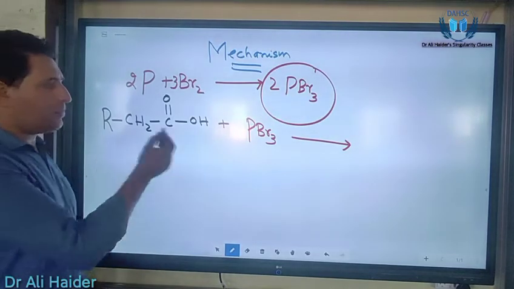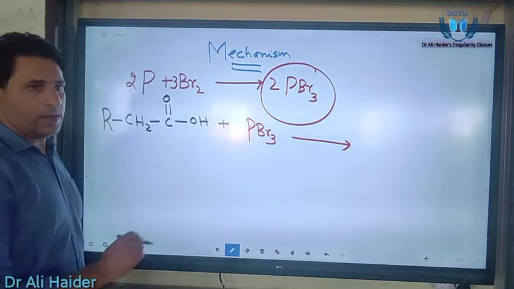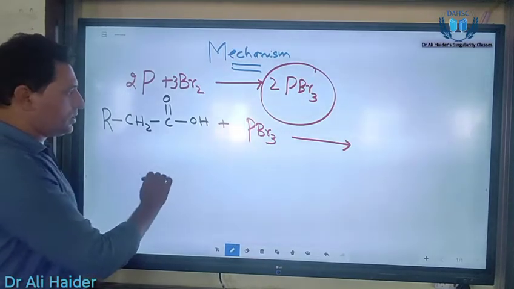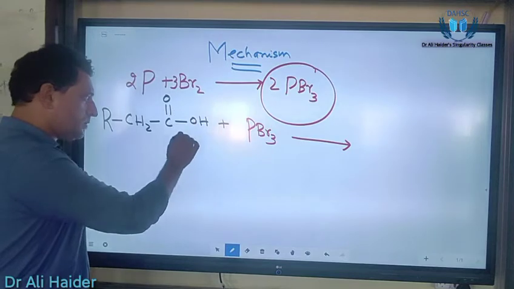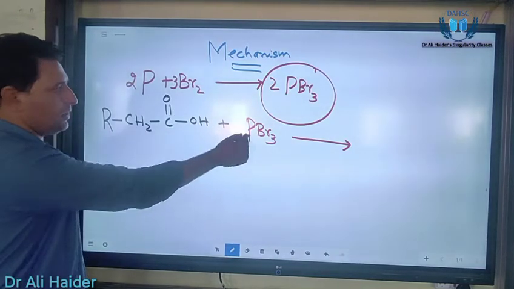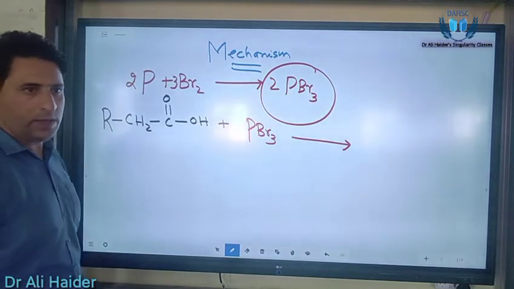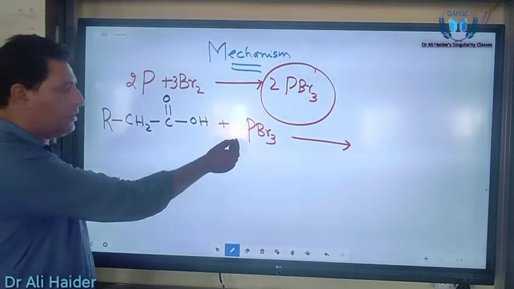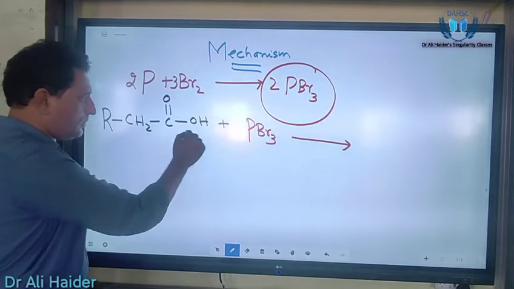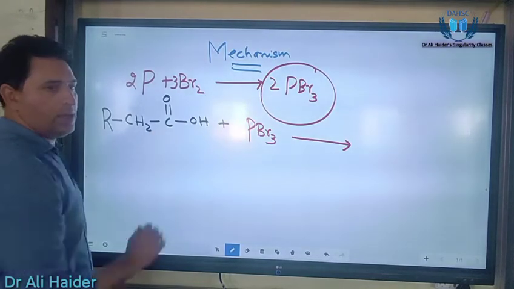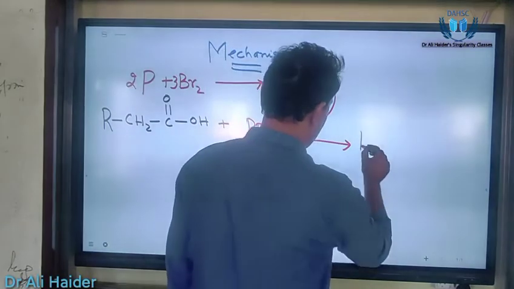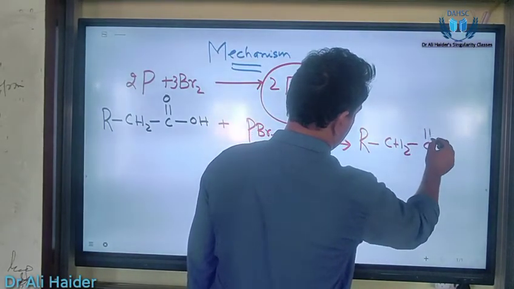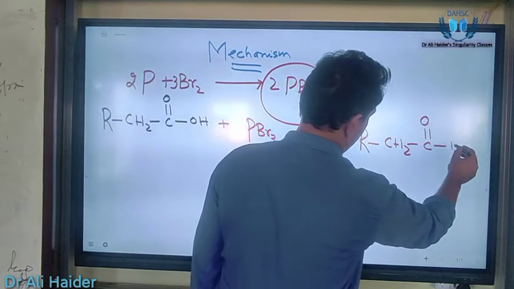It's actually a separate reaction, so without going into the details, you have to remember that in this first step there is replacement of the OH of the carboxylic acid by halogen, Br. It's a halogenating reagent, right? So what you will get is RCH2-C(=O)-Br,